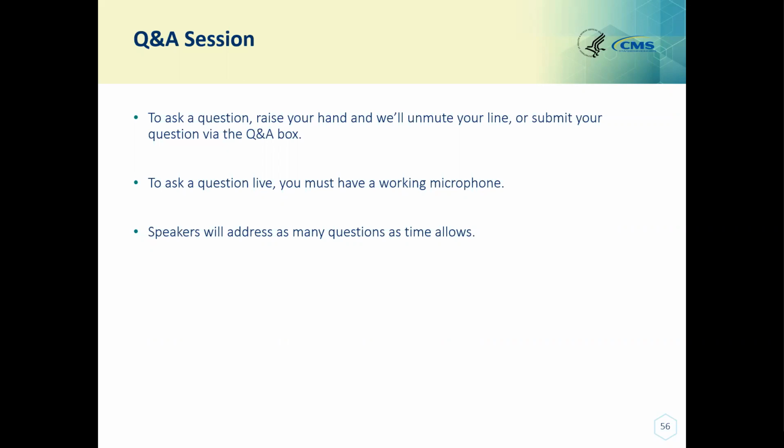Great, and then the next question, where can we find a list of conditions that can be reported through electronic case reporting? I honestly don't know. It depends on the state, I believe, or which registry you're using. We do have a discussion of electronic case reporting in our final rule from last year that I think you can get to from our QPP resource library. That would be the physician fee schedule final rule that we released in 2021.